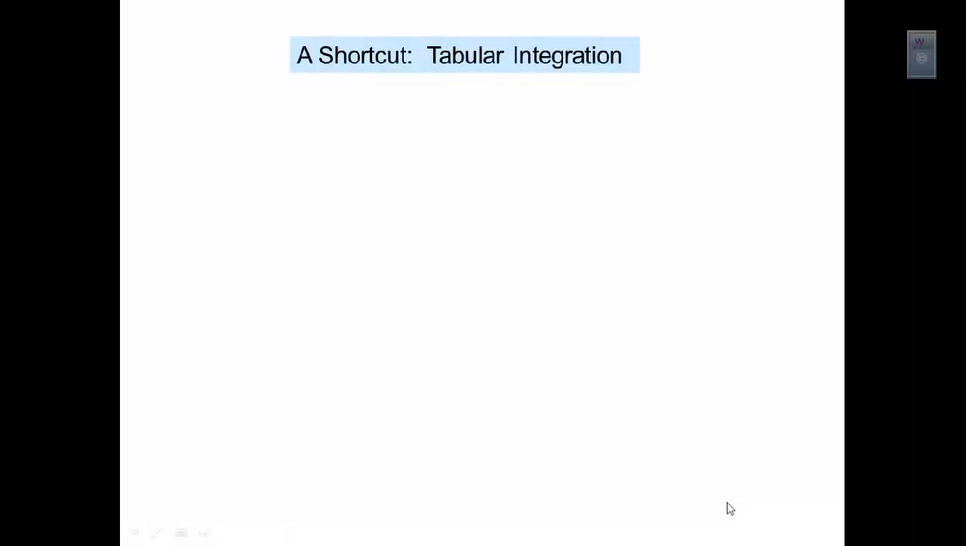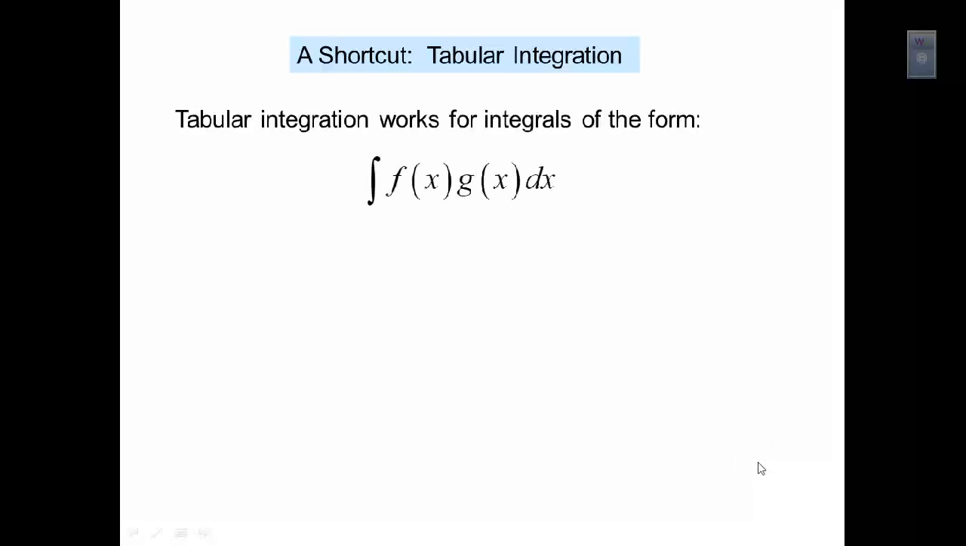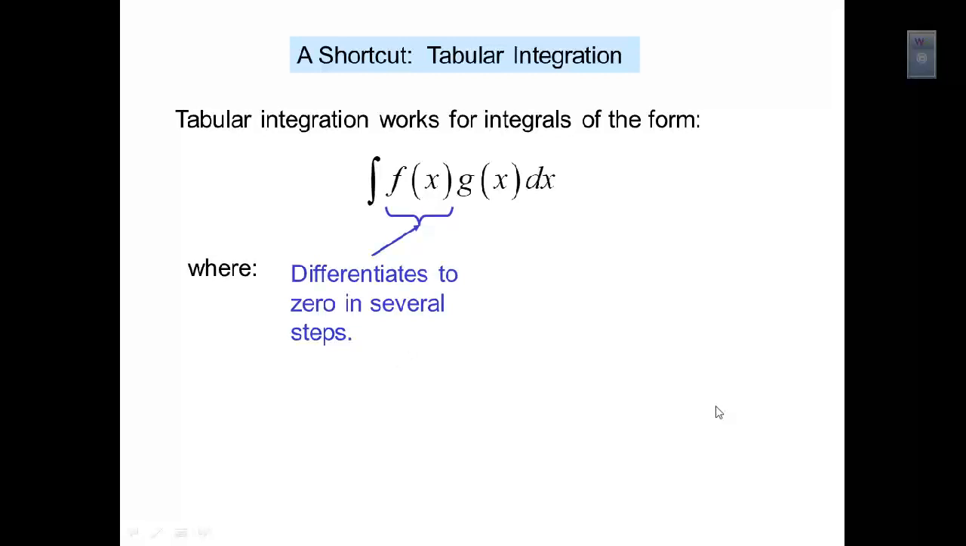All right, now there is a shortcut for integration by parts, and it occurs if you have something that's going to differentiate to 0. What we call this is tabular integration, because you use a table. Tabular integration works for integrals where you have 2 distinct functions in there with dx, and one of the functions is going to differentiate to 0 in a few steps, and the other one is able to be integrated